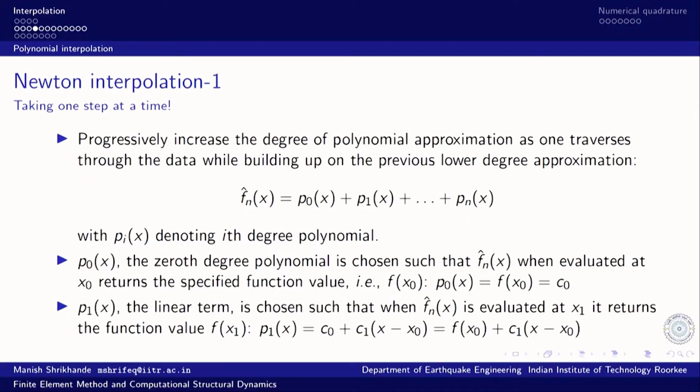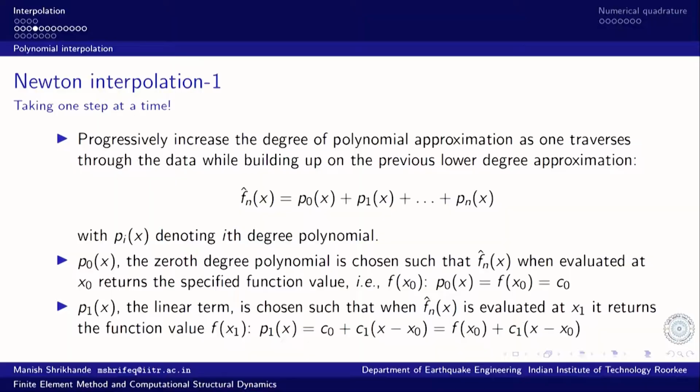So, it is just x minus x 0. The polynomial model that works out is C 0 plus C 1, where C 1 is still unknown, multiplied by x minus x 0. This first degree polynomial of course vanishes at x 0, and because C 0 has been evaluated such that it is the same as the specified function value at x 0.